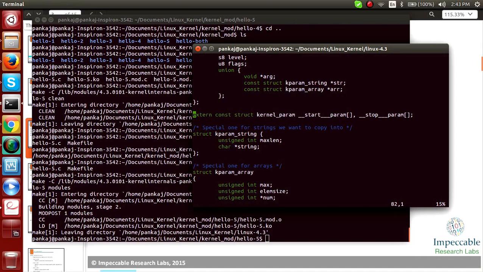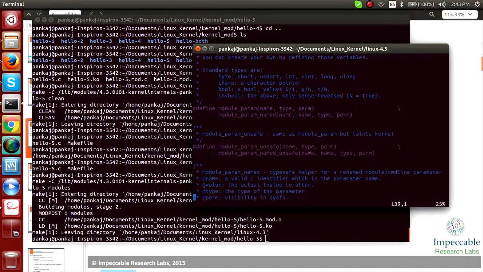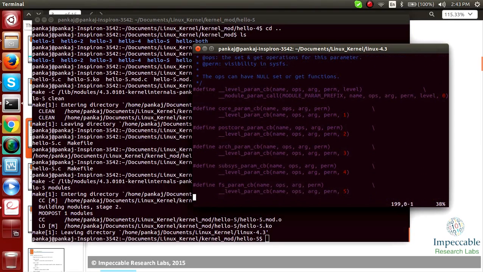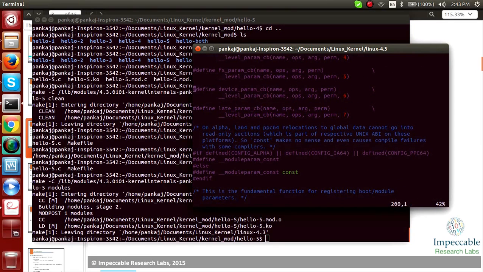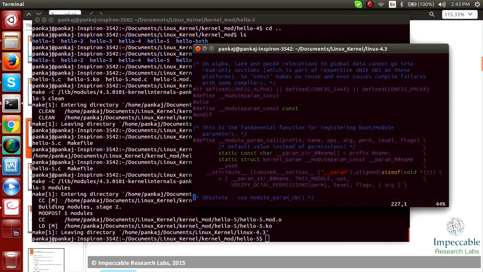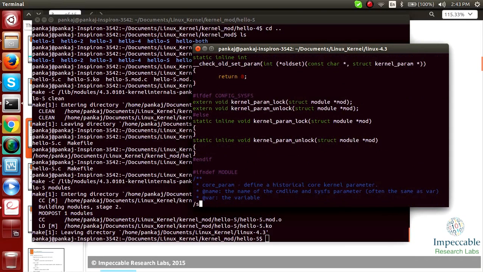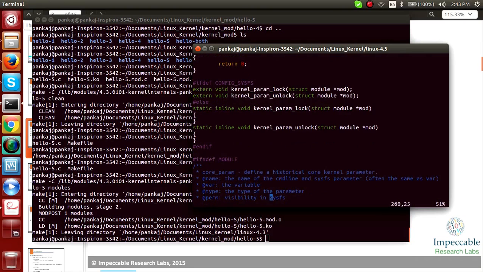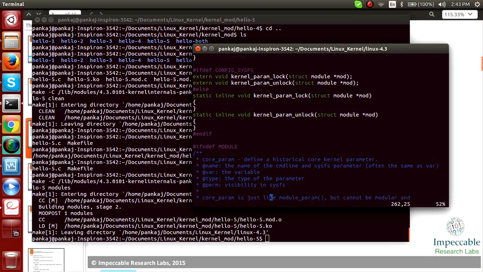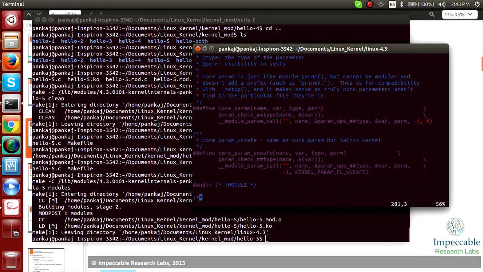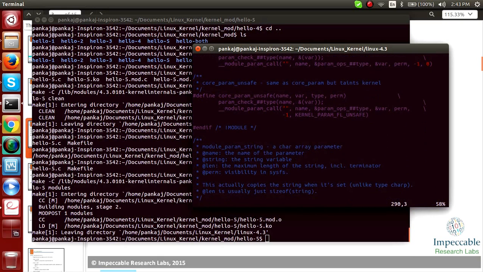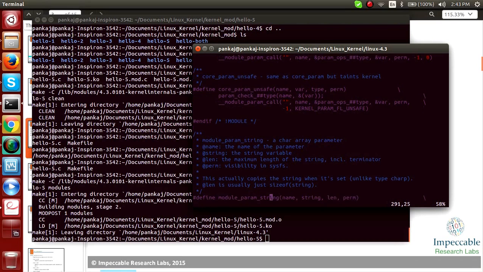There is one more thing, the sysfs permissions, which you can see defined here.